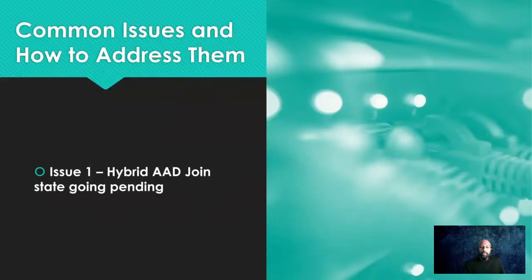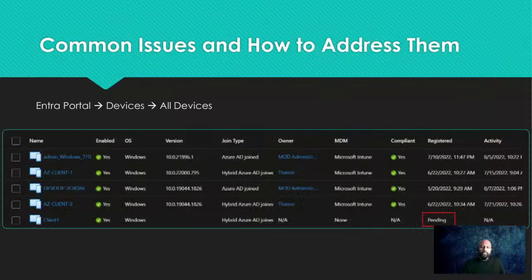So first of all, yeah, the hybrid AD join state going pending. This is one of the major blockers in the environments at the moment. As you can see, if you log into your Entra portal or the Azure AD portal and go to devices and all devices, you will see all sorts of join modes in your Azure AD. There can be Azure AD join devices and there can be hybrid AD join devices,